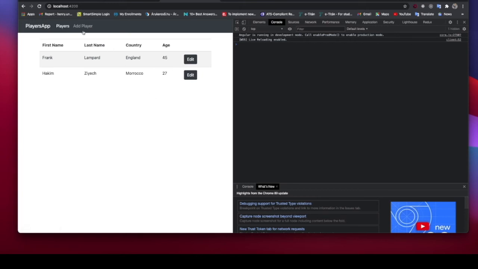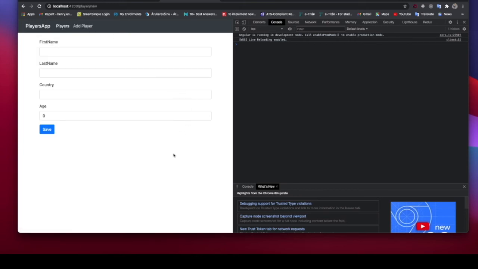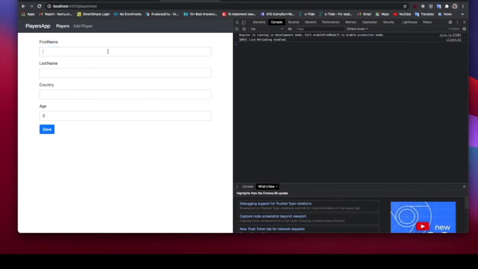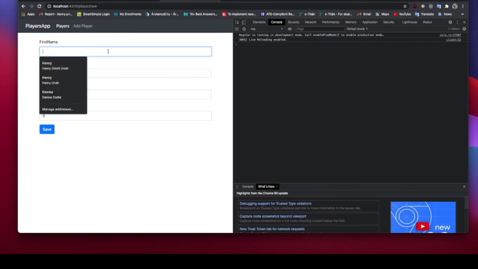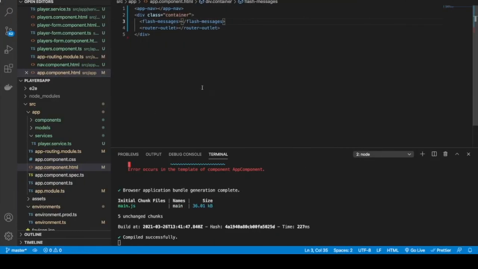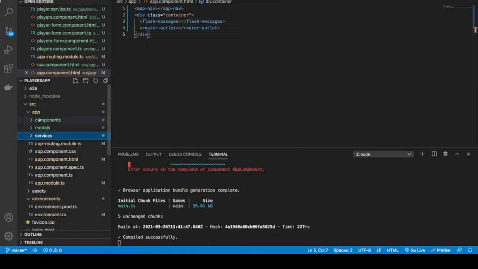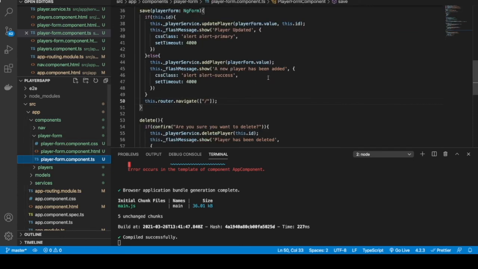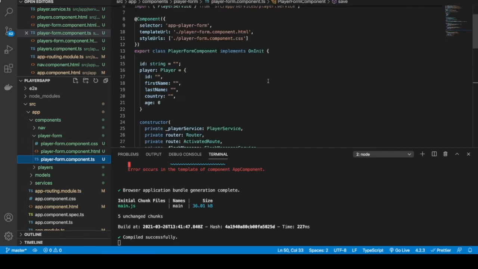All right guys, so we are almost there. The final thing that we need to take care of is validation. So if I click here and I don't enter any value, you see I don't get any errors. So let's quickly see how we can do validation. So quickly, we're going to go to our components. We're going to go to player form component. In the HTML here, we are passing this player form parameter, and in the save